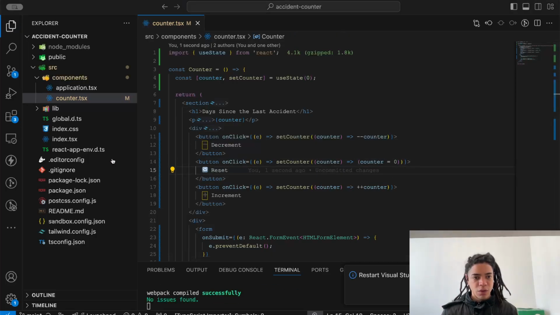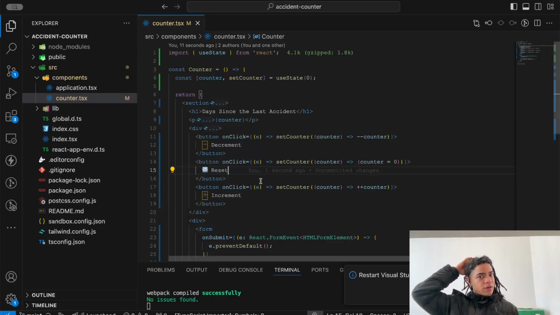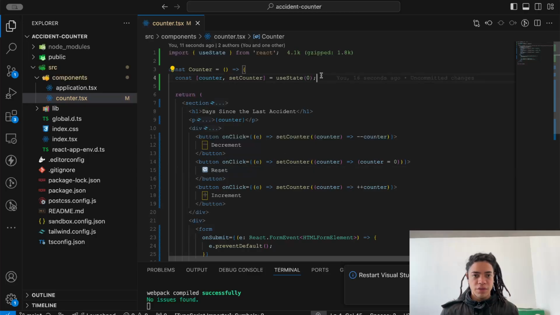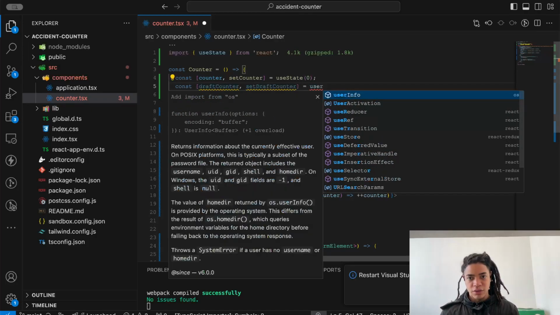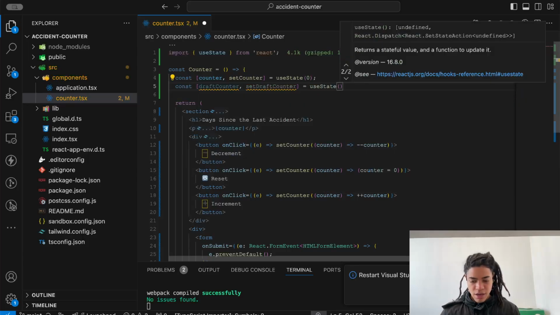So now we are finally able to do that. Increment and decrement. Of course, we are actually incrementing the updater counter. But what we can do here is this. We define another state here. We say draft counter and set draft counter. Where here we define this as another state, use state 0,